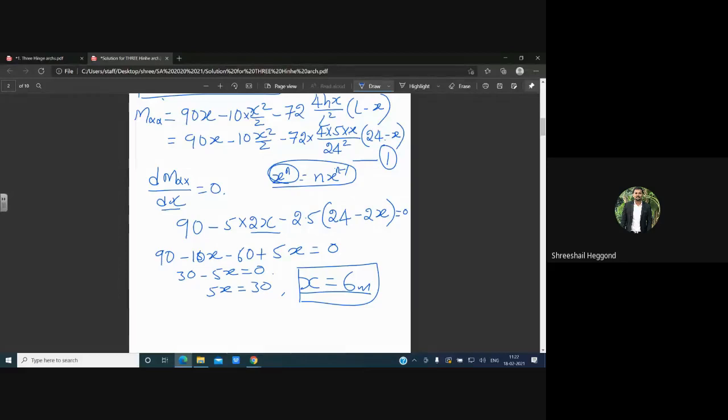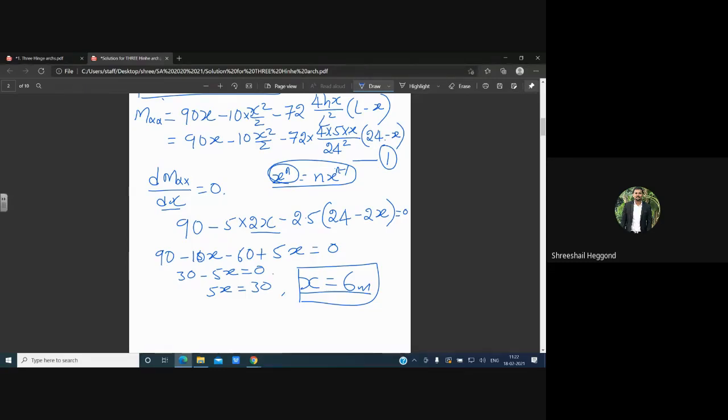Not too difficult. If you are facing problems in differentiation, you can either ask the maths faculty, or else if you want a separate class from my end for differentiation, I can take it whenever time is permissible. Okay? If you are facing any problem, you can ask me anytime with respect to these components.